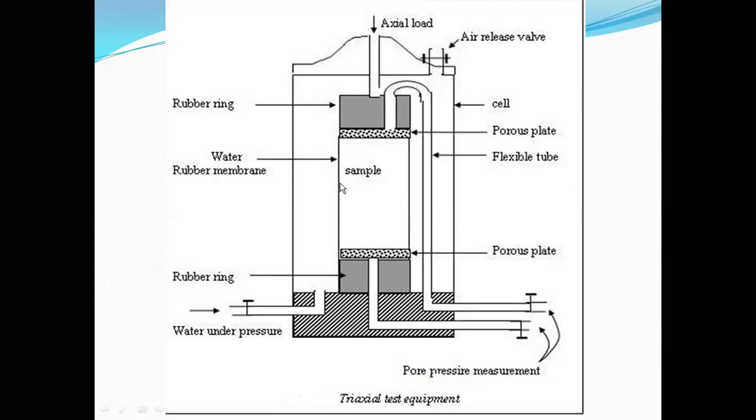Because, as I said, this equipment is also used to carry out triaxial testing of soil. If the soil contains any water, it has to be drained out, right? For that purpose there will be a porous plate here, so that it will drain out the water. And there is an extra provision to measure the pore water pressure. Generally we won't be using this; the provision is present, but it doesn't add any value while performing a triaxial test using a rock specimen.